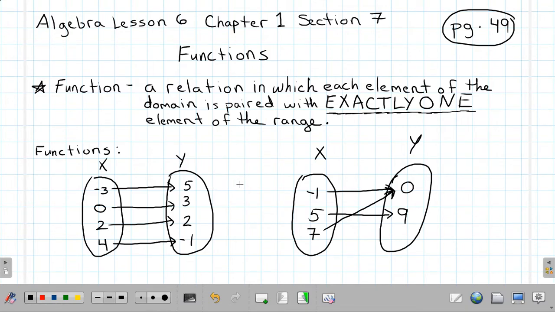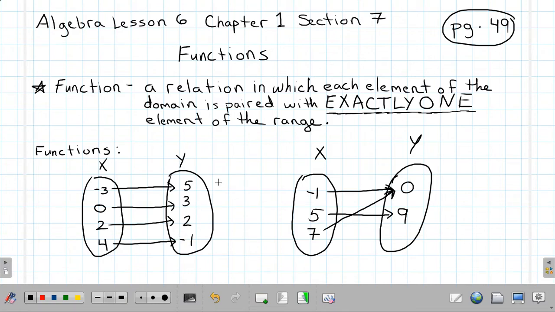You can even just look at the ordered pairs and see if an x value is paired with exactly one y value. So here are two examples of functions by mappings. What do mappings look like when they're functions? A basic one here is if you have in the domain -3, 0, 2, and 4, and then everything gets mapped straight across to 5, 3, 2, and -1. So -3 is paired with 5, 0 is paired with 3, 2 is paired with 2, and 4 is paired